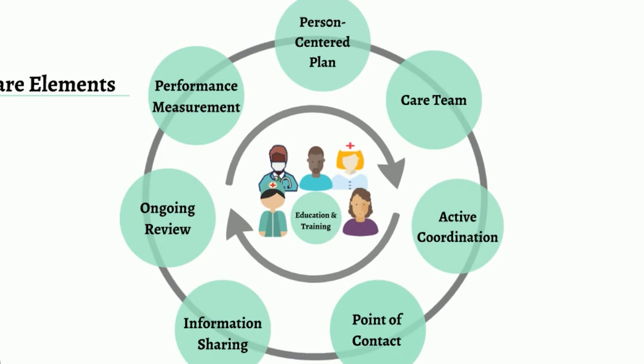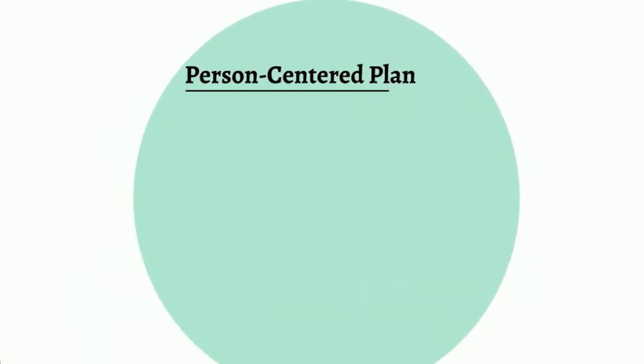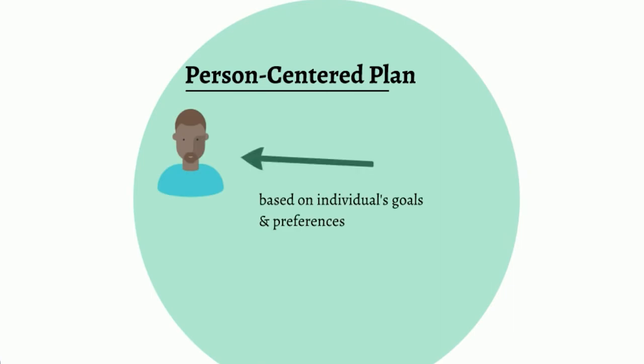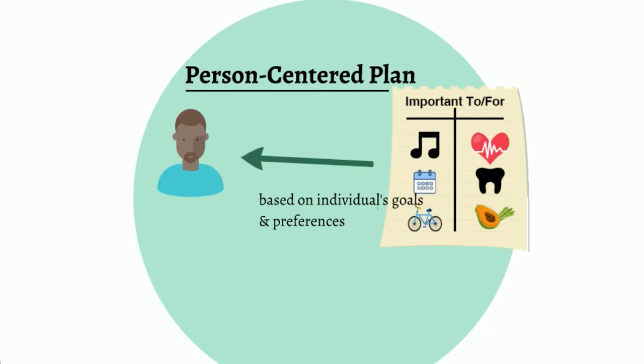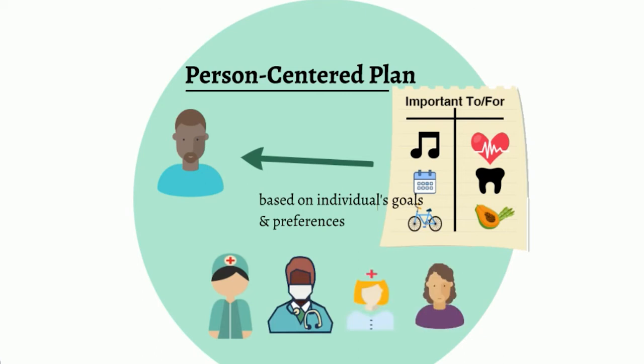Person-centered care plan. A person-centered care plan is essential to creating a smooth care transition at any point in the person's care. The care plan should be individualized based on the person's goals and preferences. A person-centered care plan can contain all the traditional elements of a medical model care plan, but also includes the person's goals, desired outcomes, preferences for care, and other meaningful elements as defined by the person. This ensures that all important information is shared across the care team as well as with the person and his or her chosen supports.